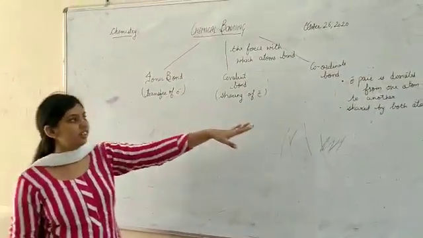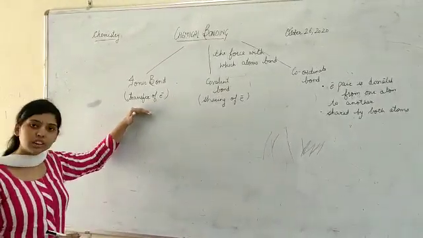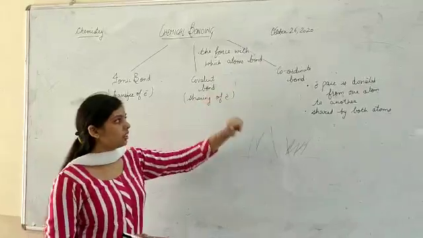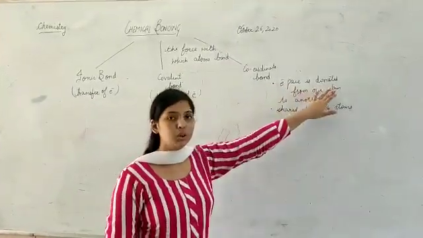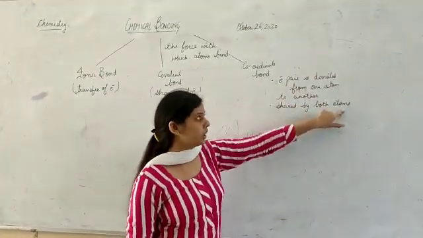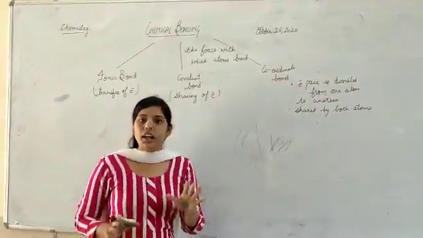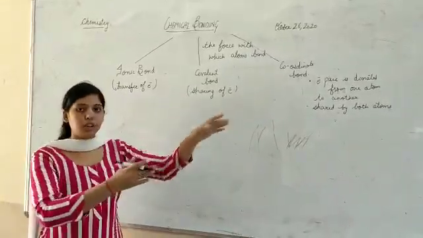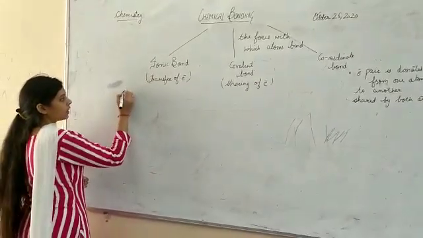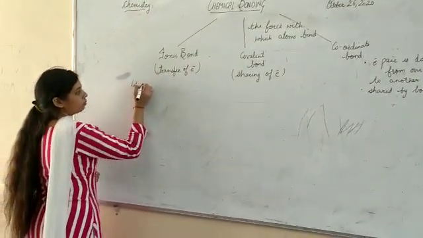I think it is clear very much that when transfer of electrons take place, it is ionic bond. When sharing of electrons take place, it is covalent bond. And when electron pair is donated from one atom to the another, but it is shared by both the atoms, it is coordinate bond. Let us study all the three types of bonding with the help of example. So first we take ionic bond. Let us take the example,